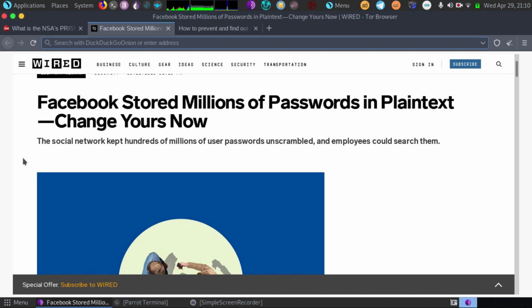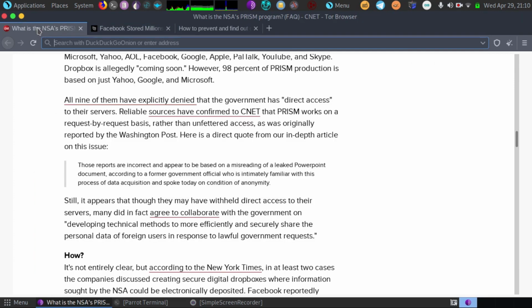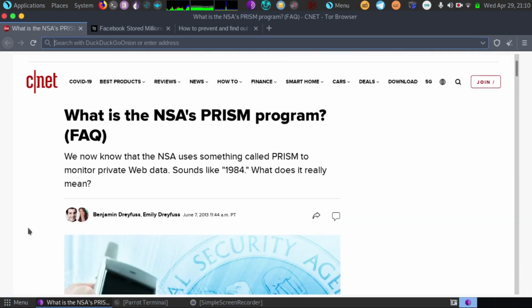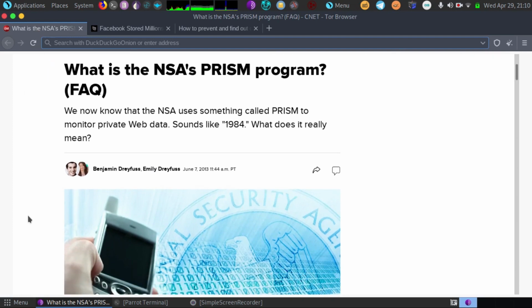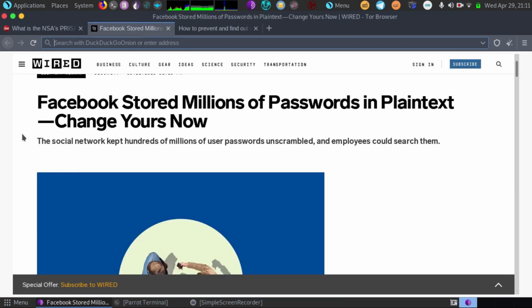Now, why would they do that? Well, I believe it was for something that could link data points to identify double accounts and also to identify accounts on other systems. We would have to go back to the Prism revelations to see how this was used. So there are pieces of software out there, kind of like Maltego, where you can link data points together, and that allows you to identify people that are sharing the same information.